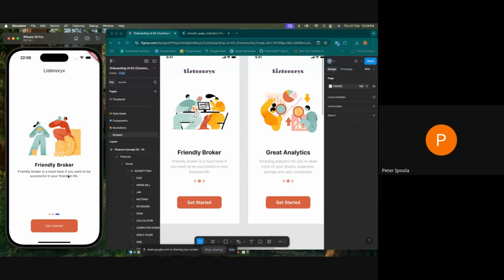Sorry? Yeah, I'm sorry for cutting you, sir. We already have two buttons, that's next and previous. So the page controller can actually control those two buttons. Yes, yes, yes. So basically